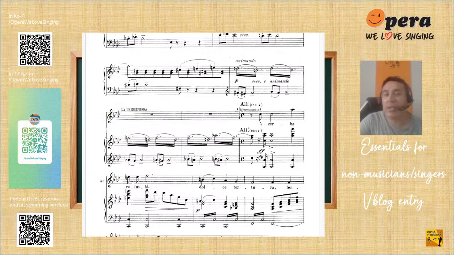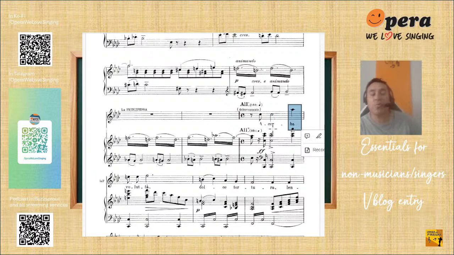So we're going to talk next week about these notations on the score as well. It says dolorosamente, but it starts with, look, duration of an eighth, duration of a half, and duration of a quarter. So in just one bar, we have that